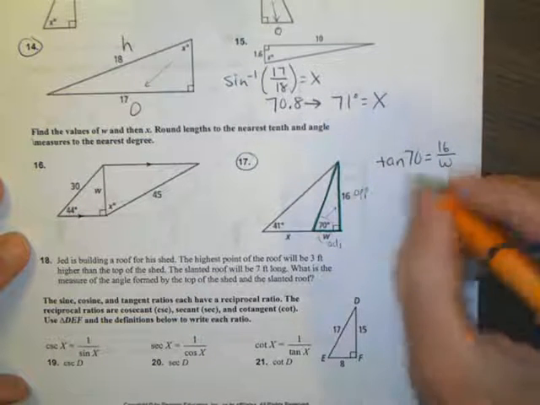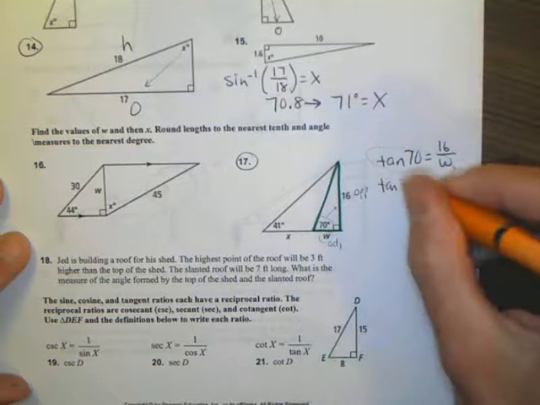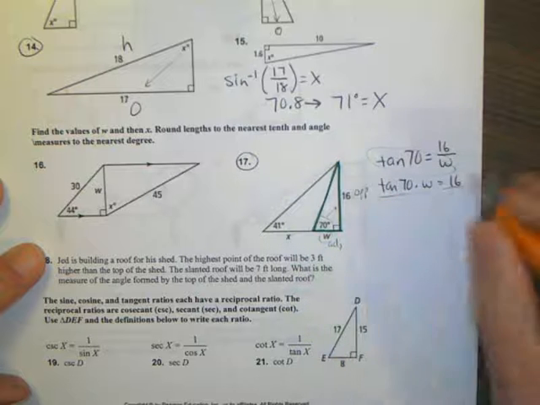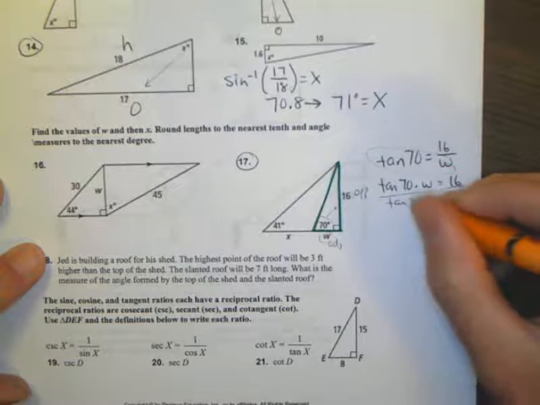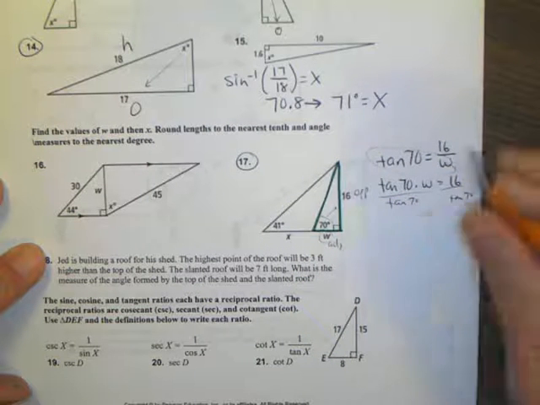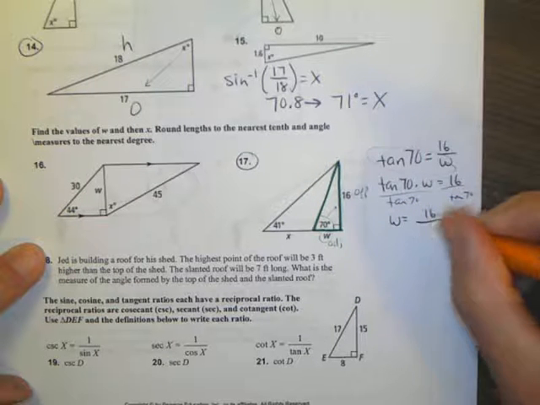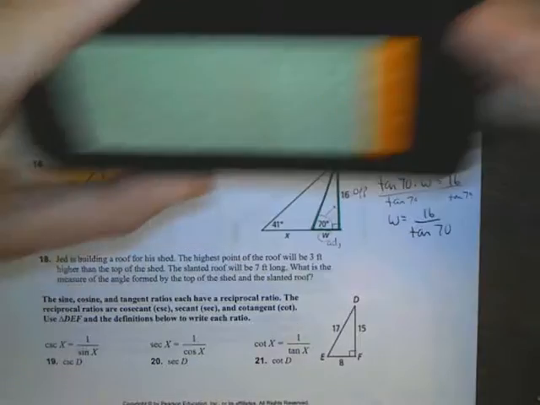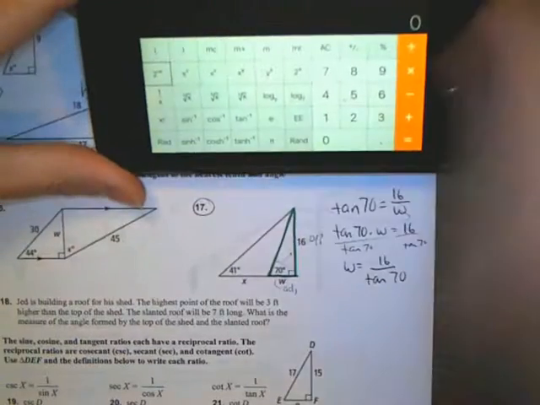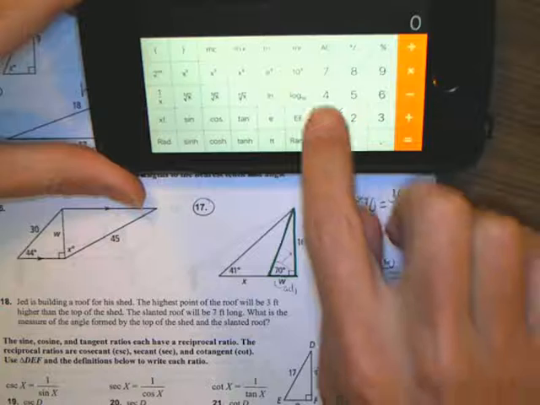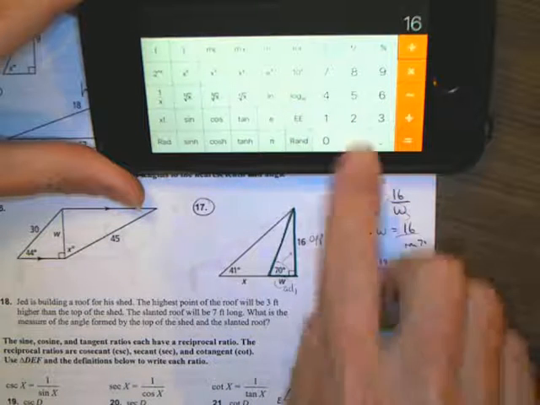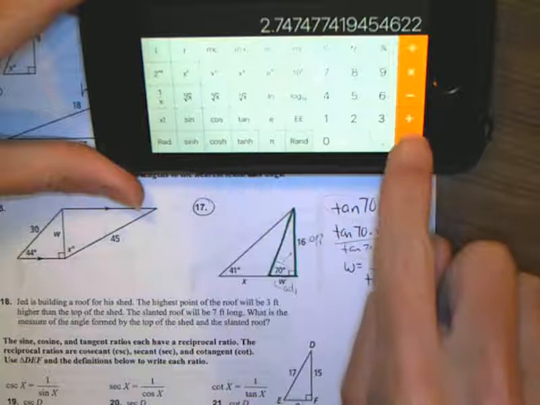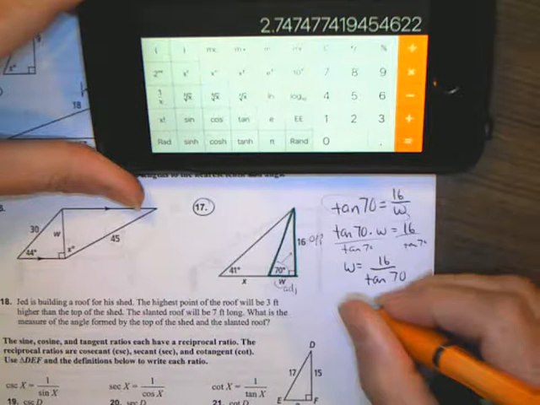If I cross multiply, we have tangent of 70 times w equals 16. I divide both sides by tangent of 70 to get w by itself, and w is going to equal 16 divided by tangent of 70. Let's do that with a calculator. I have to go back and take it off the second function. So let's do 16 divided by, and I plug in 70, and push the tangent button. And we have w equals